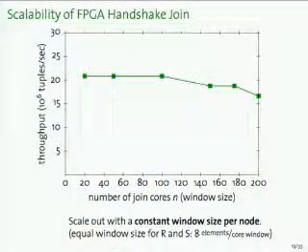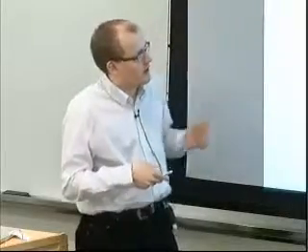I told you that we have this limited arm length, so we should have excellent scalability. Here's what happens. We went and picked the largest Virtex 6 chip we could find, somewhat the 760T. That's why it also took 11 days to get the circuit running. We varied the number of computation cores, join cores, on that chip, and as we increase the join cores, we also increase the window size. So we are doing a weak scaling here: there's a constant window size per node, so the window becomes larger linearly with the number of nodes.